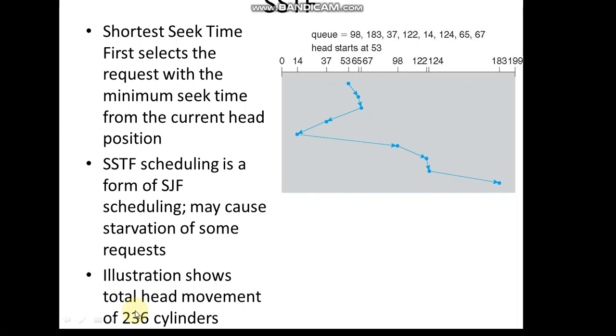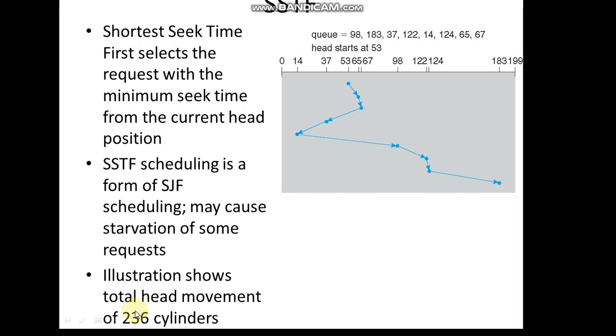As I told you in the previous scheduling algorithm also, sometimes in examinations and question papers it is asked to calculate the average number of head movements taken by the particular algorithm. In that case, we first calculate the total head movements for the entire queue of requests.